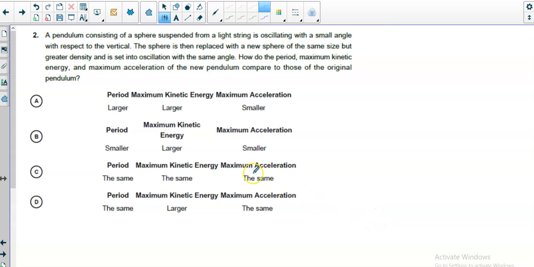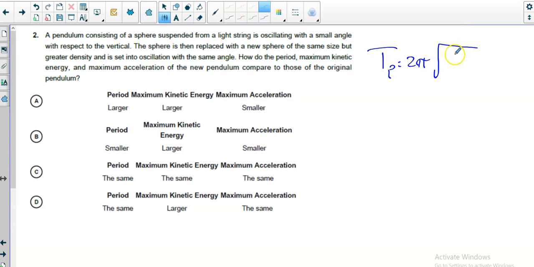A pendulum, consisting of a sphere suspended from a light string, is oscillating at a small angle. Small angle is a technicality, don't worry about it too much, with respect to the vertical. The sphere is then replaced with a new sphere of the same size but greater density, so more mass in other words, and is set into oscillation at the same angle. How do the period, maximum kinetic energy, and maximum acceleration of the new pendulum compare to those of the original pendulum? Okay, so the period is unchanged by the mass because the period of a pendulum is 2 pi,